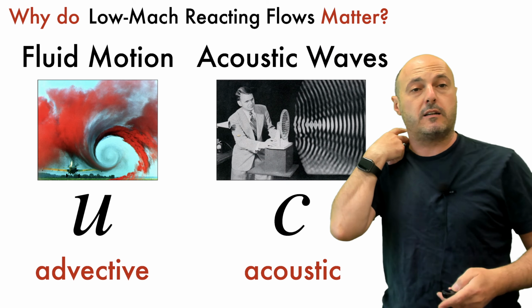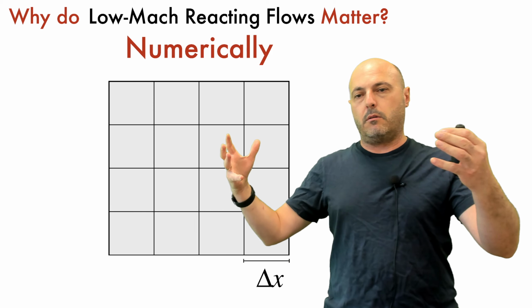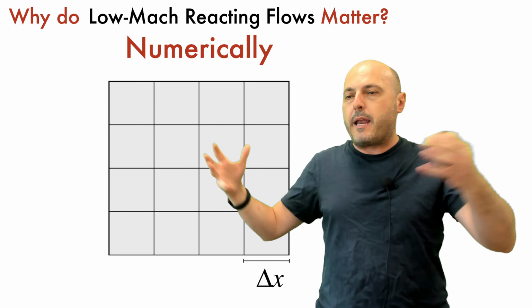This distinction is super relevant to us numerically. In a numerical setting, when we solve the gas dynamics equations, we take our domain, our problem, and we split it into grid points, grid cells. We discretize, you know that. Let's call that spacing delta x. Don't care about delta y or delta z, so don't ask about that, because we're looking at intuitive understanding over here. So assume that the average distance in your grid is delta x.